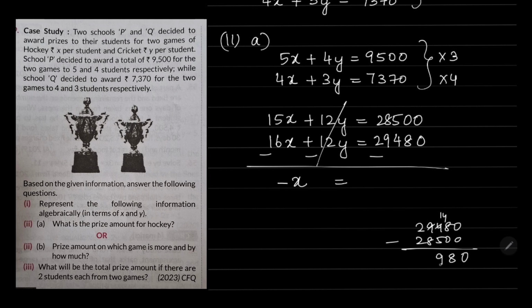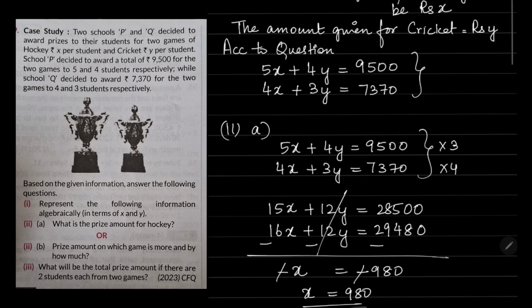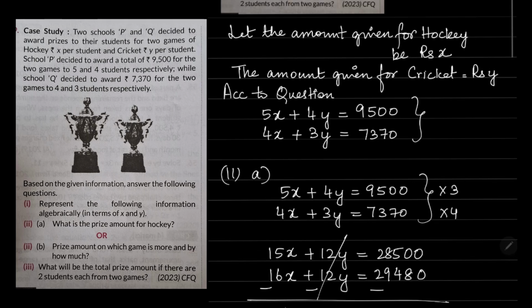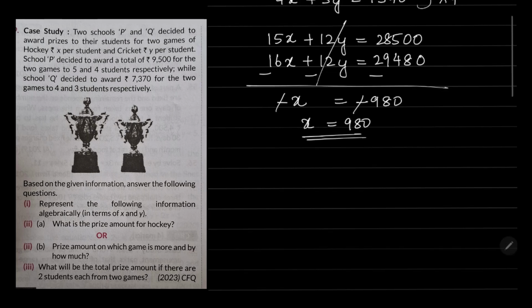Again 14, so 980. This minus will get cancelled. X is nothing but your 980. So what is x here? X is the prize money for hockey. Every winner of the hockey will be getting rupees